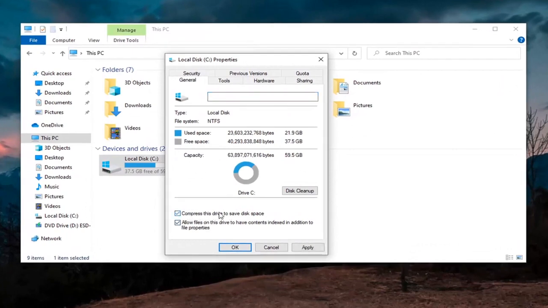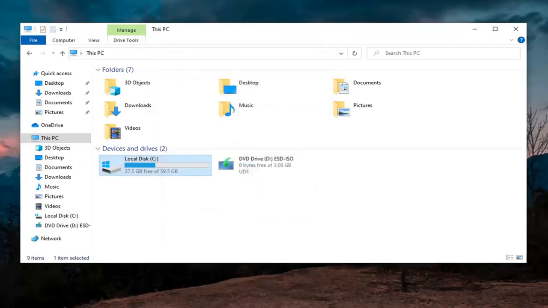Where it says compress this drive to save disk space, go ahead and make sure that is unchecked, and then select Apply and OK. Please keep in mind you actually might need to have enough storage on your computer,